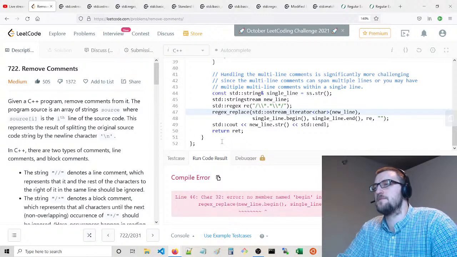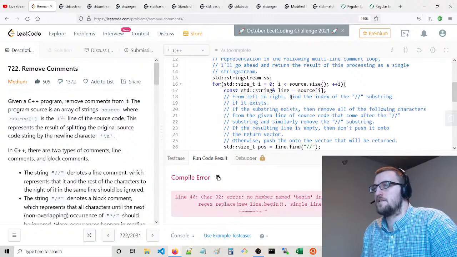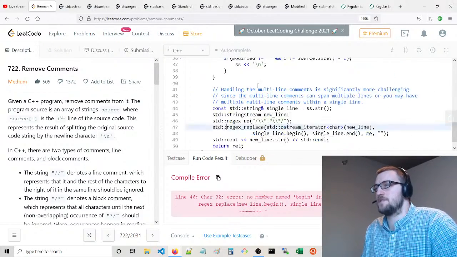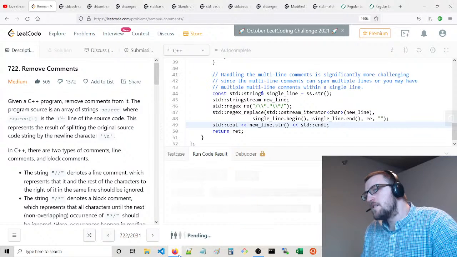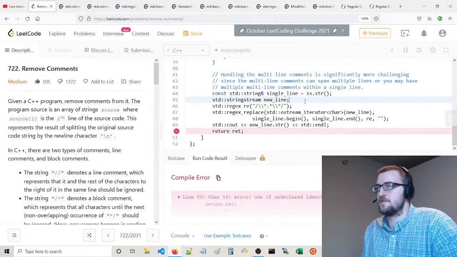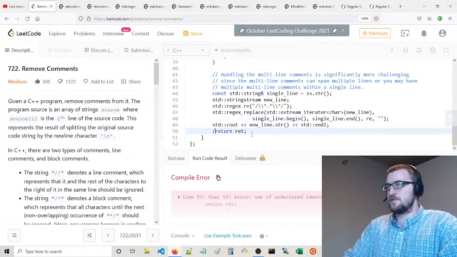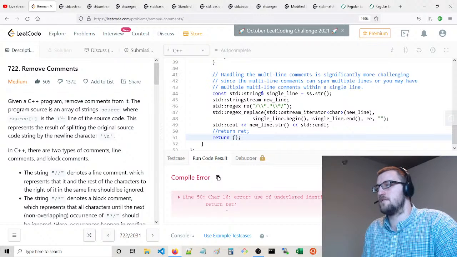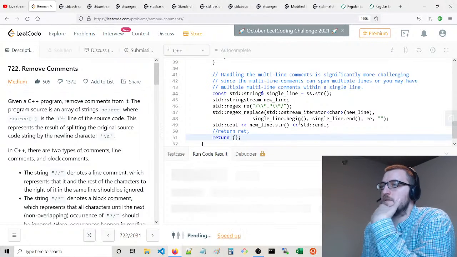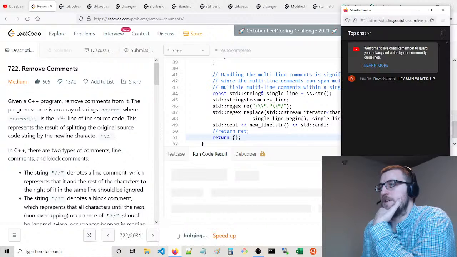And I think this function call is just, you call it, it's in the standard namespace. Something like this, I don't know. Oh, okay. Wonder what happens when we do this. It compiles.